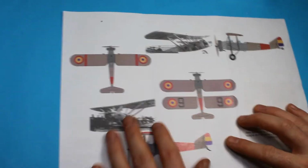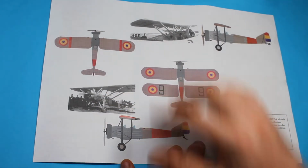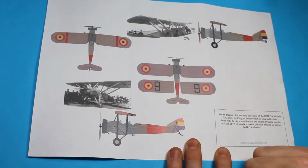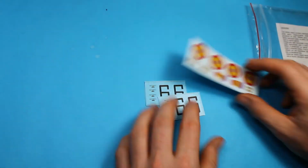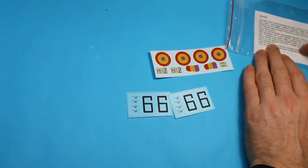Then on the other side we've got the painting diagrams, which again are accompanied by another couple of reference pictures, and it shows you the decal placement and the colours. We are supplied with a piece of copper wire in the box, which is used on the kit at a particular stage. Then we've got these decals, so you've got two sets there, because it's explained in this write-up here